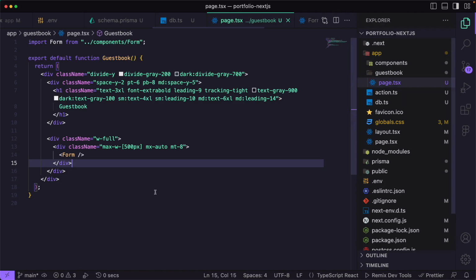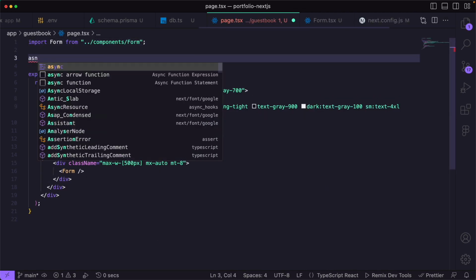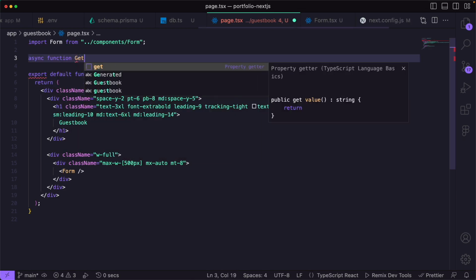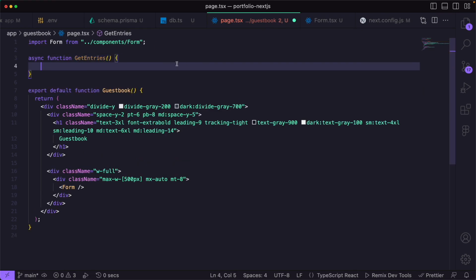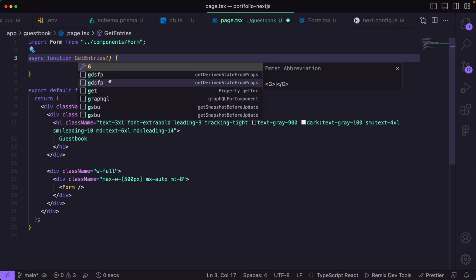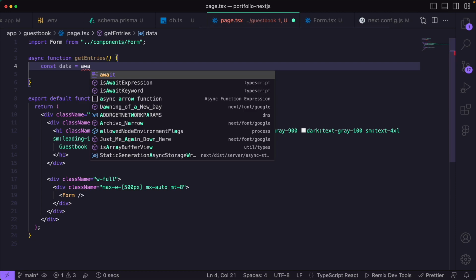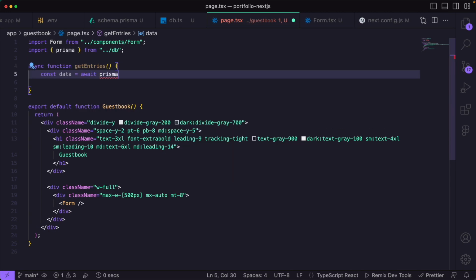And to do that, what you will have to do is, again, not very hard. You will have to create a new async function. So let's do an async function. Let's give it a name of getEntries. And then this is just a normal function. So let me open that. Also, let's do getEntries with a lowercase g. Inside of here, let's do a const data, which will be equal to await prisma. Prisma is imported from our DB file,